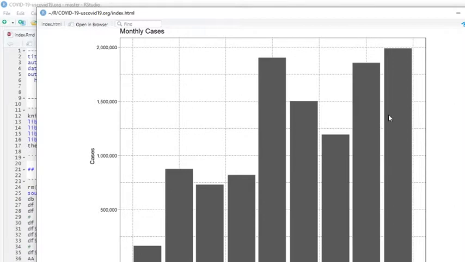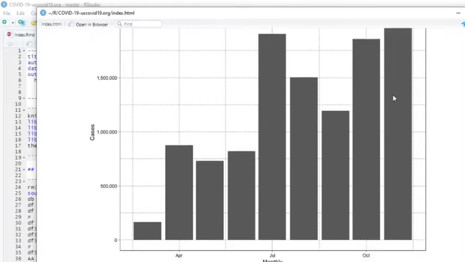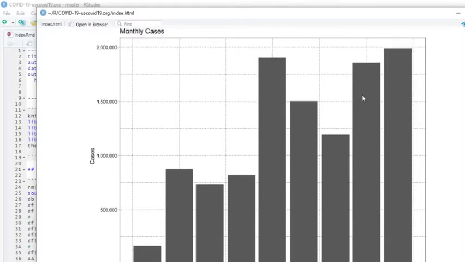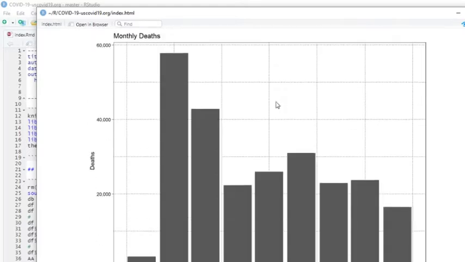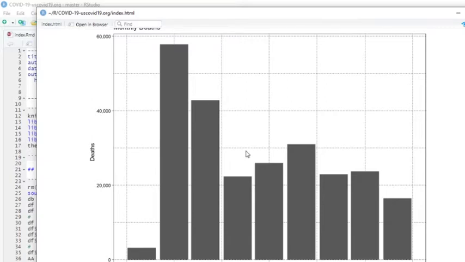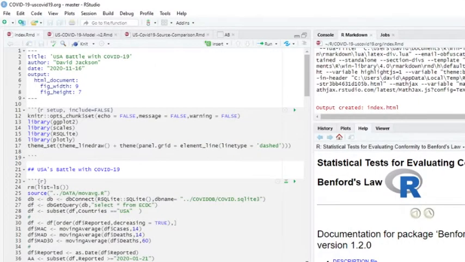Okay, so you can see here on the monthly basis, look at this. November's cases have already passed October's cases and July's cases. Now, if you look here, there is a tendency of a downturn here. It hasn't come back up to here yet. The deaths for the month haven't come back up to here yet. So we'd have to wait a little bit and see exactly what's going on with these deaths in the U.S. So now that takes care of the report for the U.S.